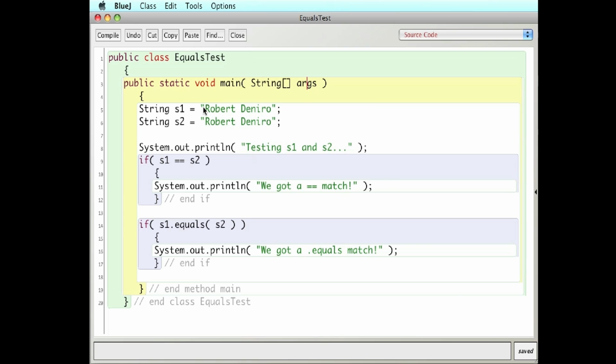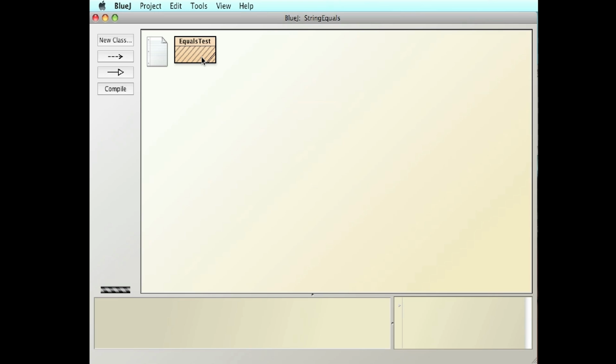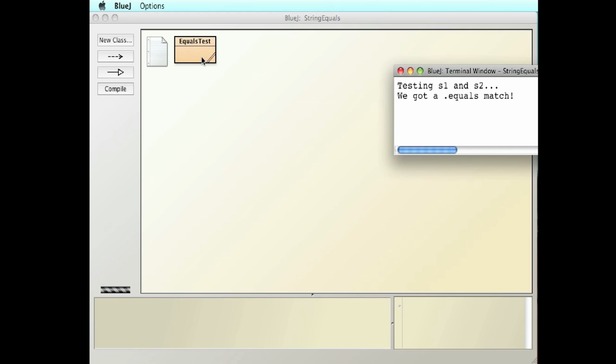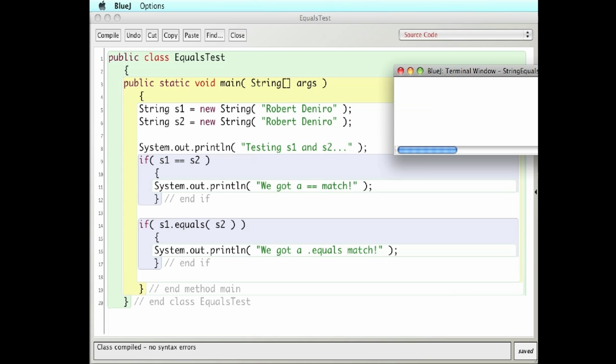However, if I create a string using the new operator, which I recommend since a string is an object and it should be created using new, and rerun the program, we get something a little bit different. It looks like only the dot equals works. By simply putting new string here when I create the strings, it saw this as a false statement. It did not run this